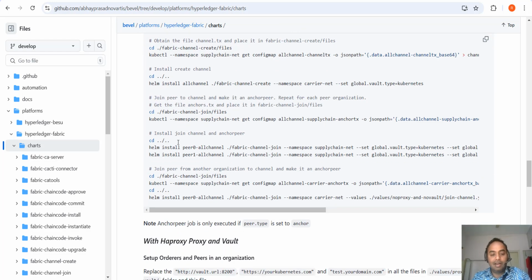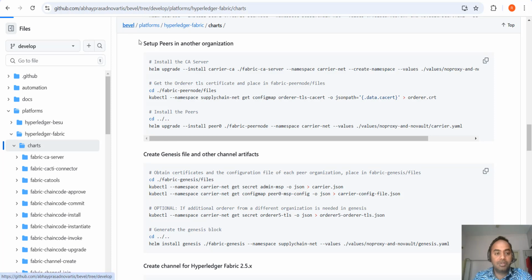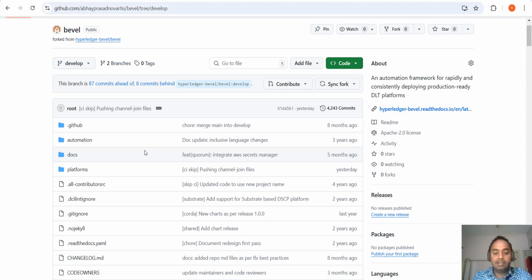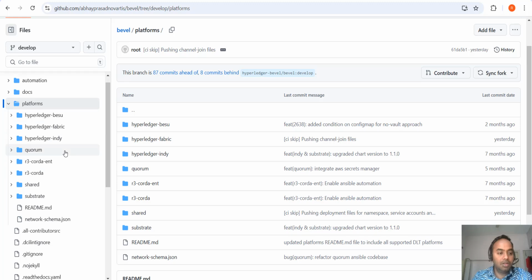But in this session, I am going to use another option, which is using Ansible. Using Ansible, you have to run just one single Ansible playbook, and that playbook will deploy your network. So you do not have to run multiple commands. You just need to focus on the Ansible script. That's all. And if you want to have a look into where this Ansible playbook is kept, it is in the platform folder. Go to the